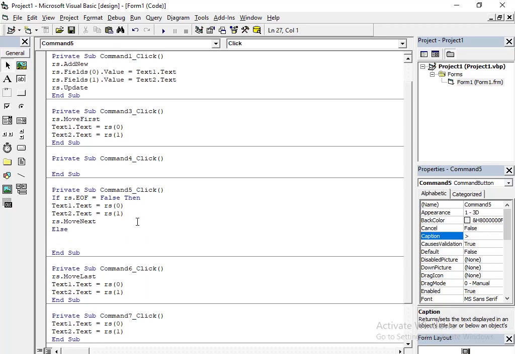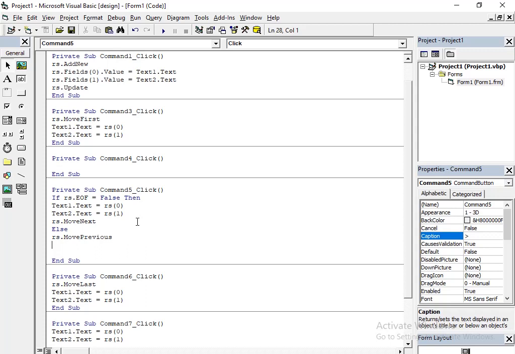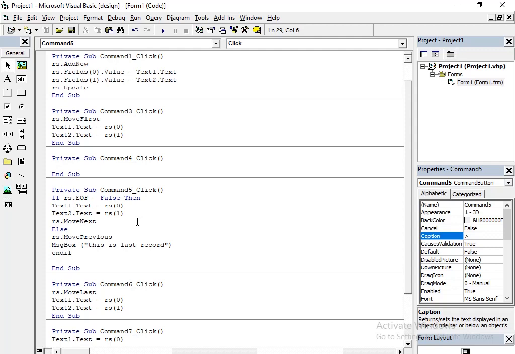In case the condition is true, if the current record is the last record, then rs dot move previous, because there is no record, we cannot navigate, so we have to access the last record. We have to keep the cursor on the last record. Then we can have a message box so that we can understand this is the last record. That's it. We have to give end if.